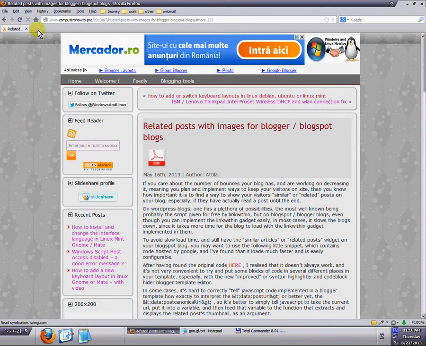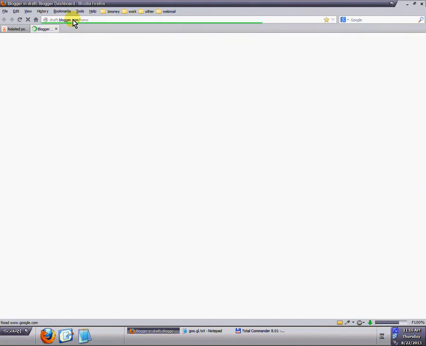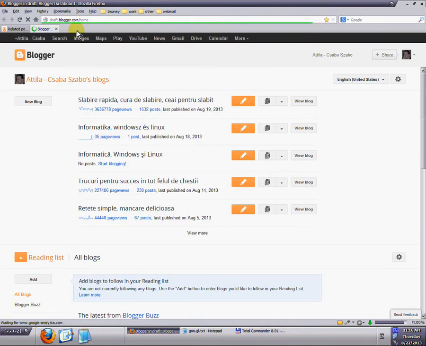So first of all, we are going to have to log in to our Blogger dashboard. Because I'm using draft Blogger, I'm going to type draft.blogger.com and press enter. Since I'm already logged in, it directly takes me to the dashboard. Never mind the languages in which the blogs are written, it doesn't make any kind of difference. I'm going to show you on a Romanian blog, it doesn't matter, the dashboard and the code behind the blog